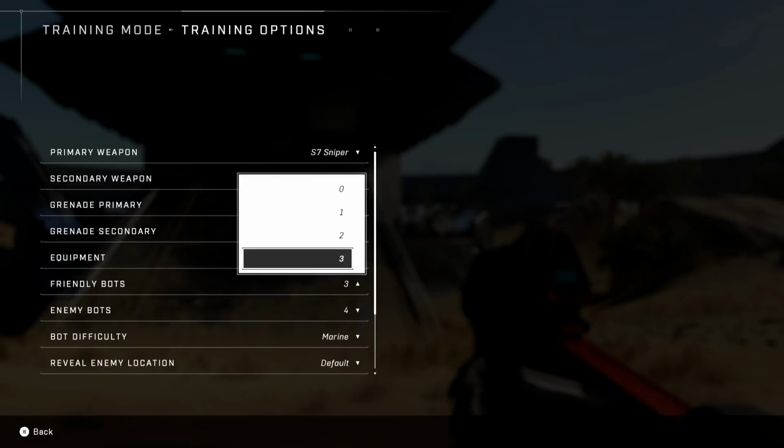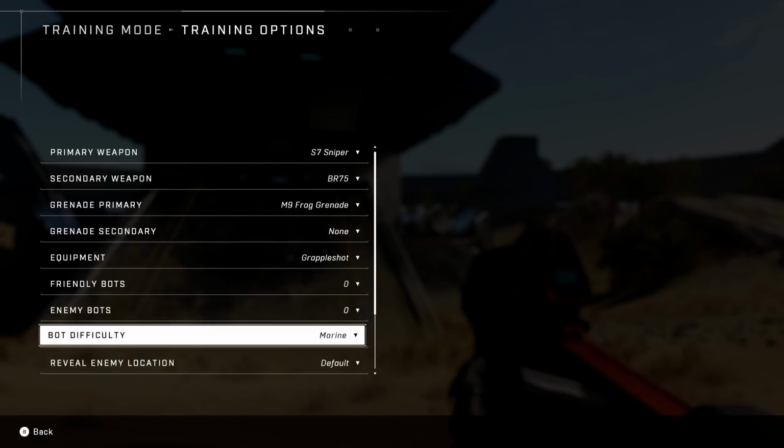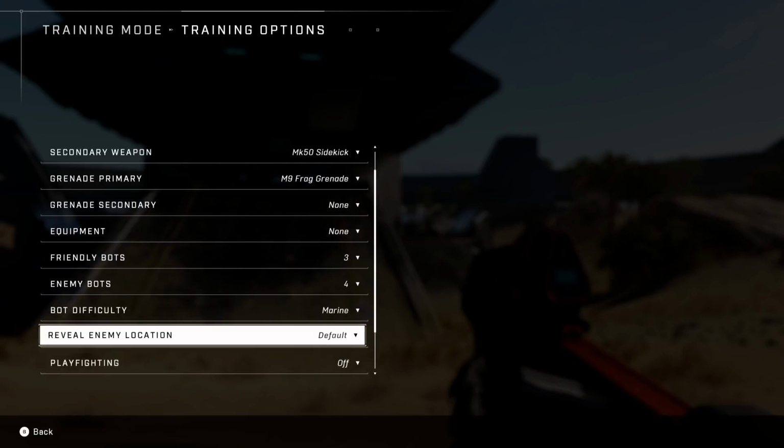You can set the number of friendly and enemy bots, and that goes from 0 all the way up to 3 for friendly bots or 4 for enemy bots. You can tweak their difficulty as well. Reveal enemy location basically puts a little nav point marker over every enemy on the map, so you can see where they are through walls. That's super useful because the bot behavior is dynamic, you don't actually control it. If you wanted to focus on your accuracy and things like that,